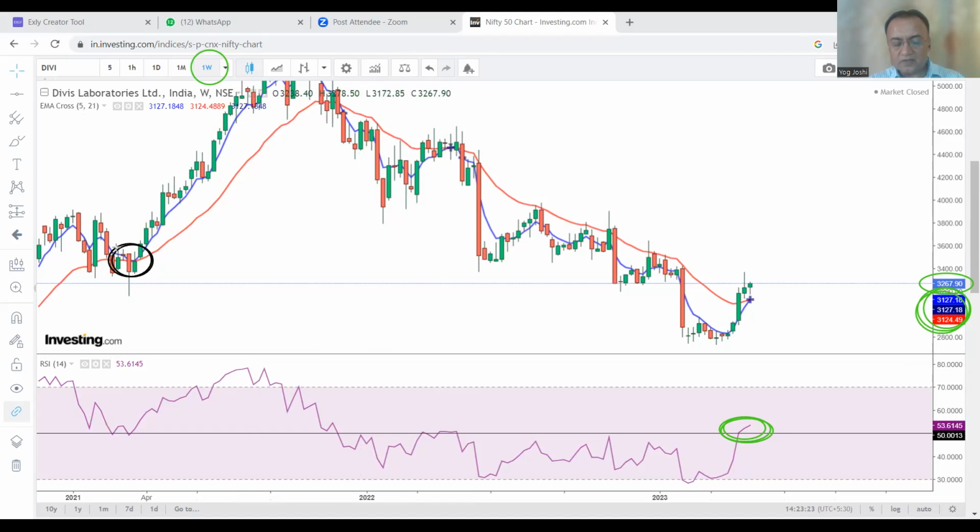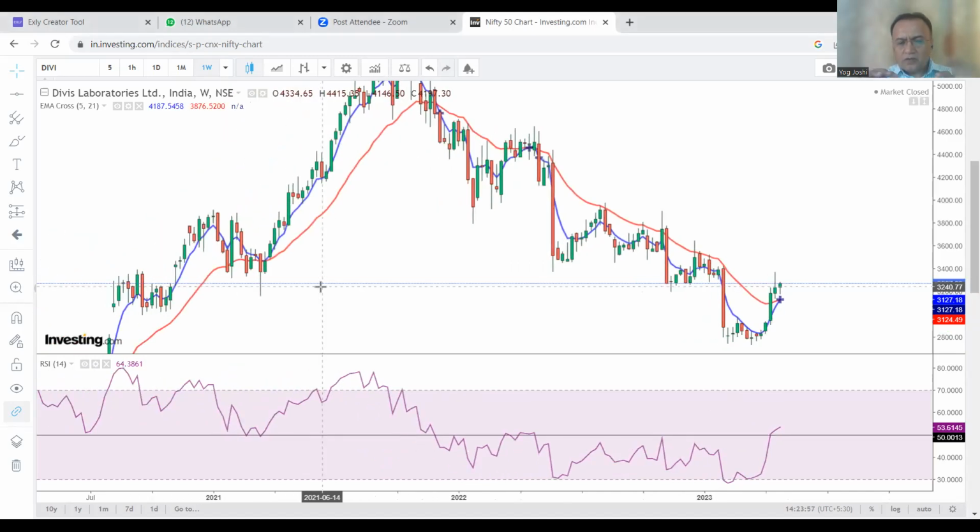The chart made a crossover at that point, and the candle closed above the 5-day and 21-day exponential moving averages. At that time, RSI also bounced back from the 50 level. The same scenario we are exactly observing here. Price already made a 5 and 21 days moving average crossover, and RSI also made a breakout at the 50 level. Clear? Are you now able to identify the stock direction with only these two combinations?